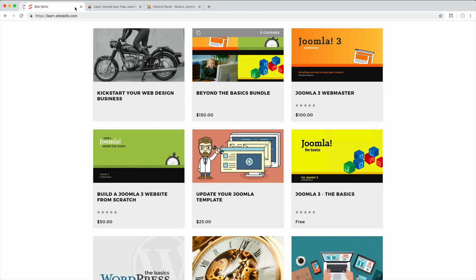So now let's talk about the next steps in getting or selecting an off-the-shelf template. Now, if you do already have an existing website, then one of the best things to do is just to go through your existing site and have a look at the sort of content that you've got there, particularly content that appears in modules and particularly modules on your homepage. Now, if you're not familiar with modules or template positions, then I encourage you to have a look at my free course, Joomla the Basics, which you'll find at